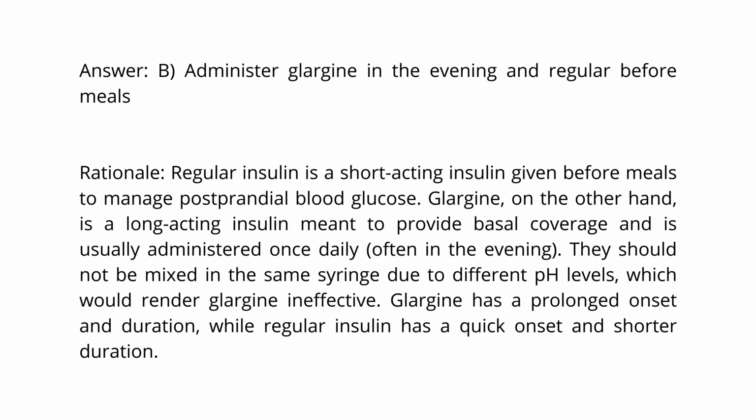Rationale: regular insulin is a short-acting insulin given before meals to manage postprandial blood glucose. Glargine, on the other hand, is a long-acting insulin meant to provide basal coverage and is usually administered once daily, often in the evening. They should not be mixed in the same syringe due to different pH levels, which would render glargine ineffective. Glargine has a prolonged onset and duration, while regular insulin has a quick onset and